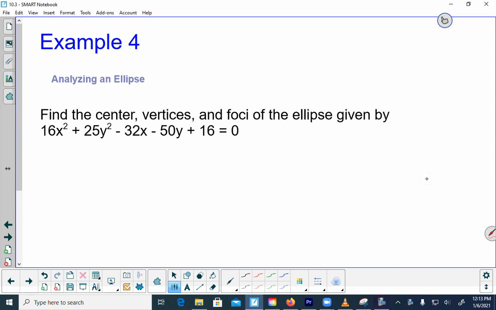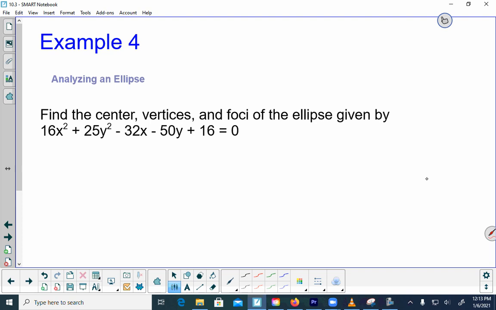Hello, this is Mrs. Ward, and I'm just going to go over example 4 and example 5 in case we don't have enough time to get to them in class, or if I just went too fast while we were in class. So example 4, we're still doing the same thing. We're working with ellipses, and we're trying to find the center, the vertices, and the foci of the ellipse given